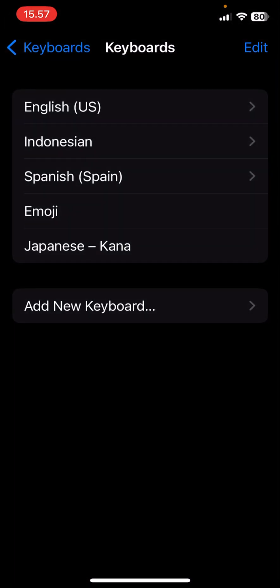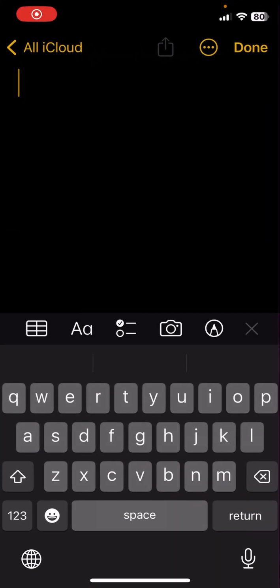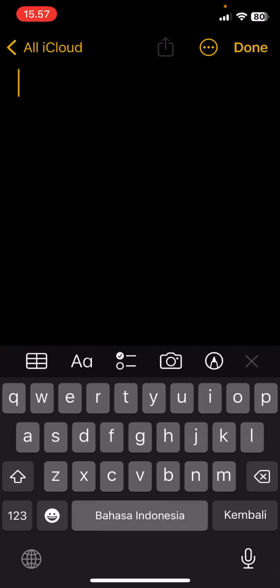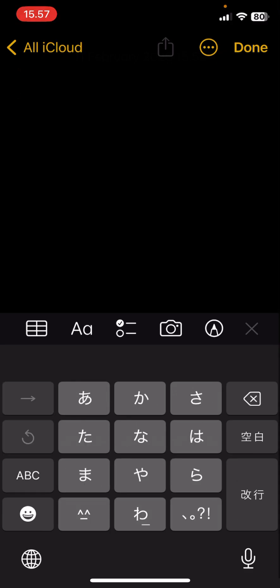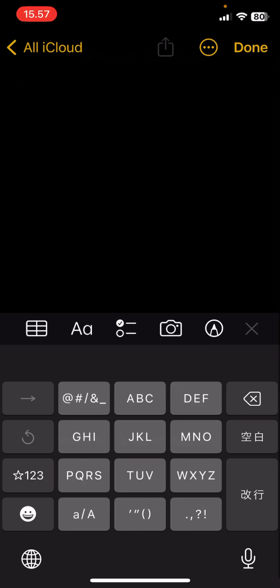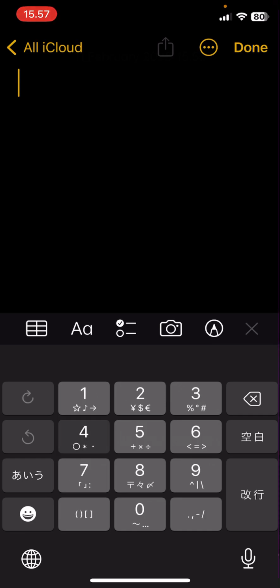Once you have applied that to your keyboard settings, you are going to move to Notes or to iMessage or to any app you use to type, of course. Then you're going to change it by pressing the globe icon on the very bottom left corner until you've reached the Japanese one. Once you're done, you're going to select the ABC above the emoji, and you are going to press this, and then you're going to